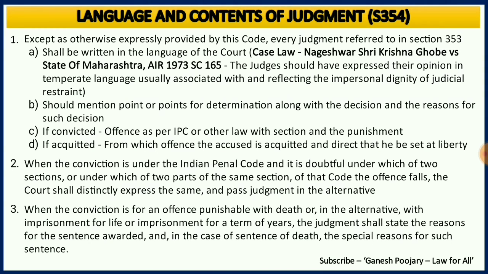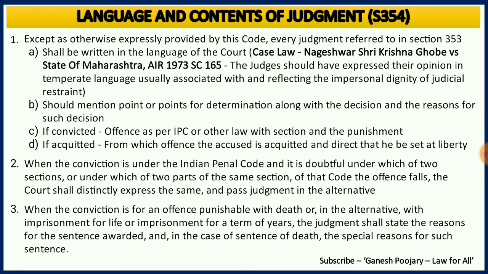What if there is a death punishment available for a particular offense and there is an alternative to give imprisonment for life or a certain number of years of punishment? Now what is easy to choose for a judge? Guys, remember, it is easy for a judge to choose the alternative punishment like imprisonment for life or imprisonment for a term of years. He need not give any reason for that. But if he is giving death punishment, he needs to give clear details.